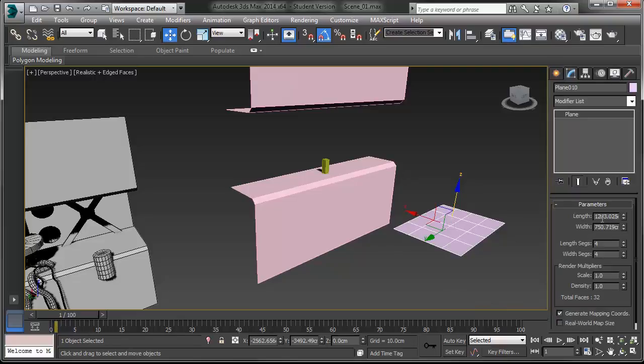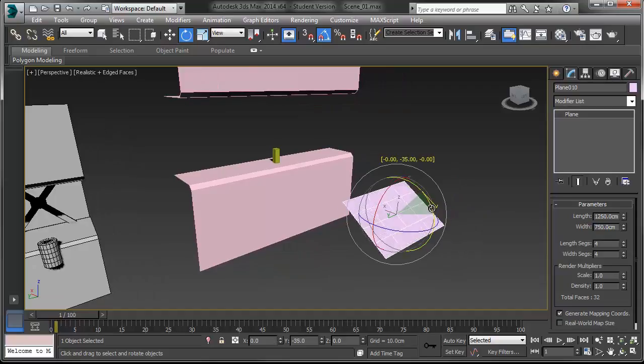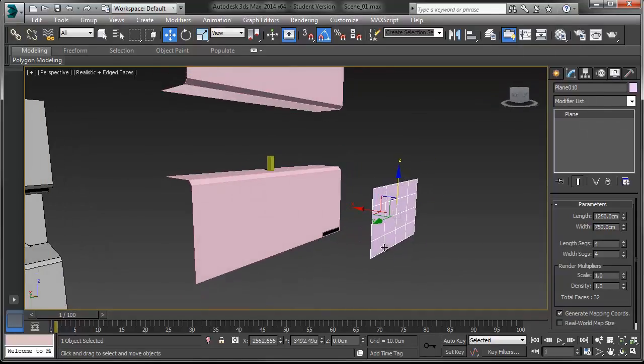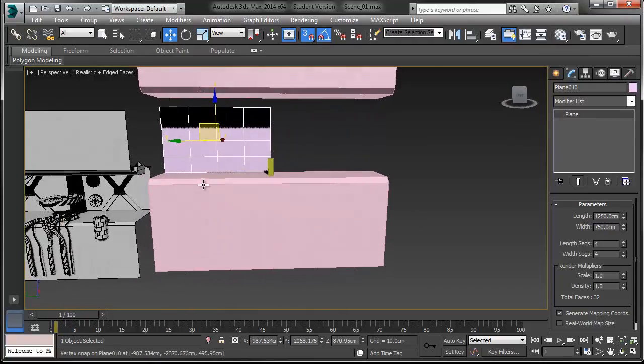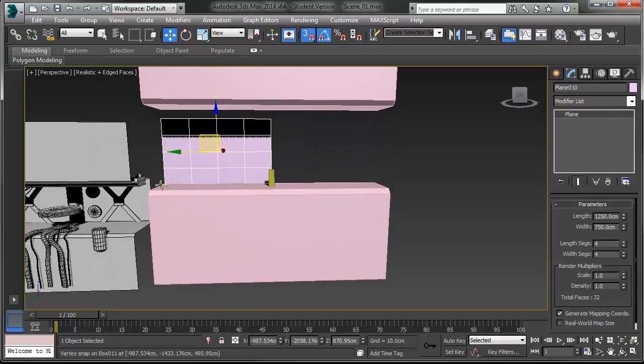Okay, so let's say it's going to be 1250 by 750. Rotate it in the back here. And then I'm going to snap it. Now, the reason I don't want it to be the entire length of our object up here is